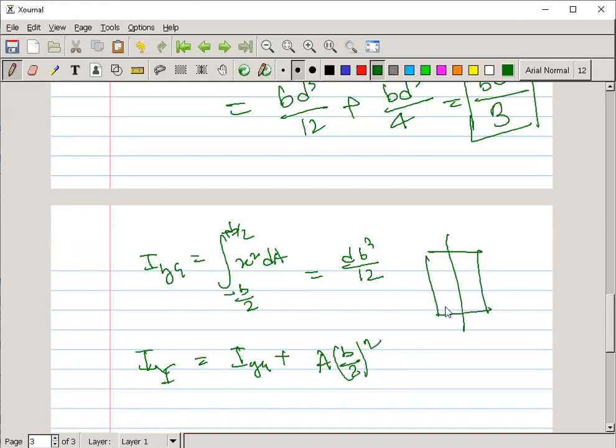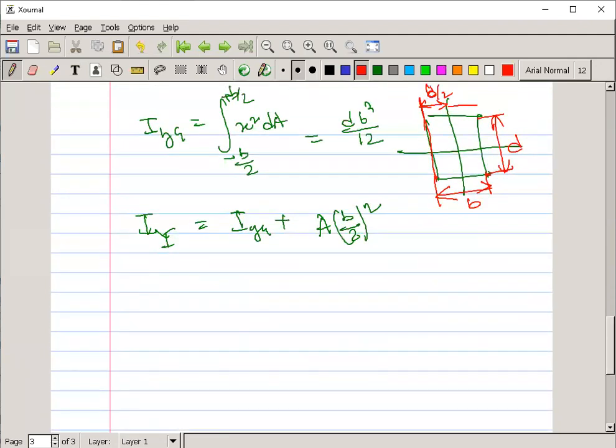Because this is your centroidal axis, and as per the question they ask with respect to this edge, so that distance is b by 2. I have already given in the question that this is b and this is d. So you will finally find that your